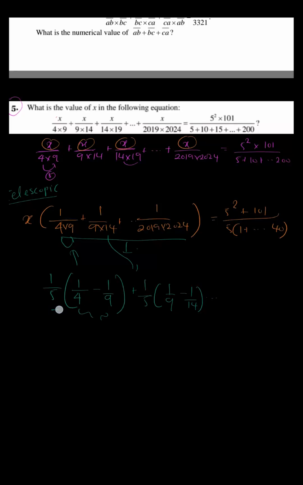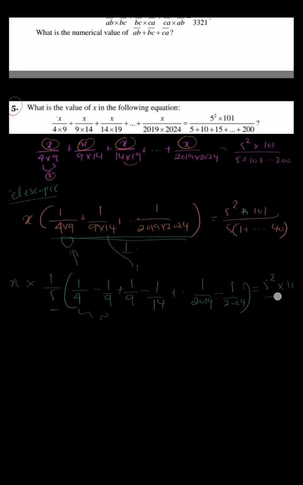All of these terms have 1 over 5 in common. So instead of writing 1 over 5 again and again, we can take that 1 over 5 out once and for all as common, and continue writing the terms like this for each of the following ones. It converges at a specific point and represents everything that is represented by these values. So, times x would be equal to 5 squared times 101 over 5 times